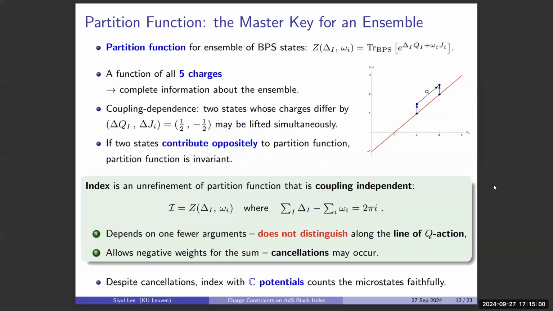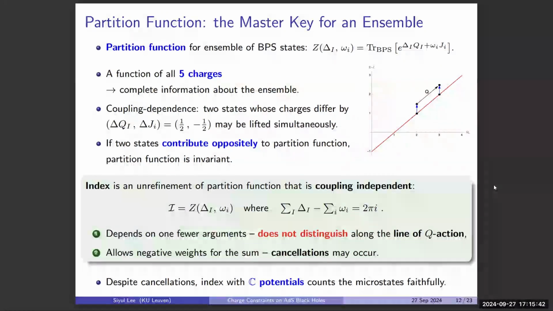So those paired excitation states, are they BPS? So when they live on the red line, they are BPS. Yes, once excited, as you change the coupling constant, they might get an anomalous dimension and lift to being non-BPS. However, that lifting always occurs in pairs. So if you were counting these two states with opposite weights, you are actually not counting these two states anyway. So that doesn't affect the partition function, and that's how the index is coupling independent. So when you define the index in taking the trace,